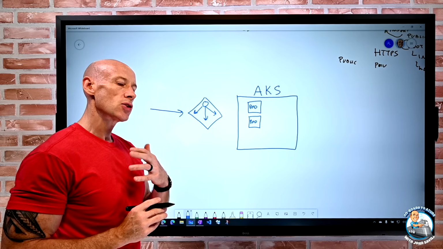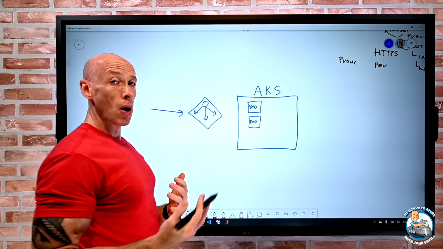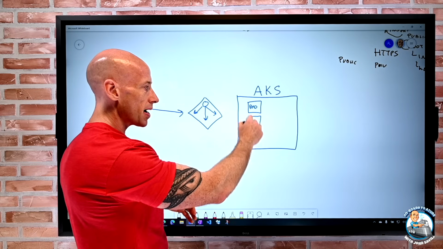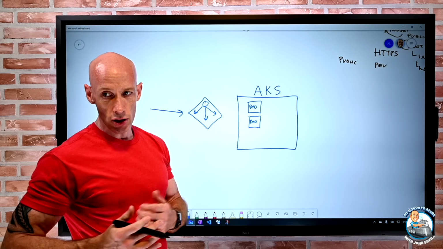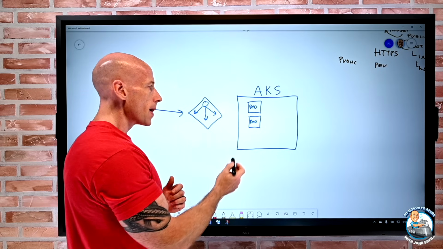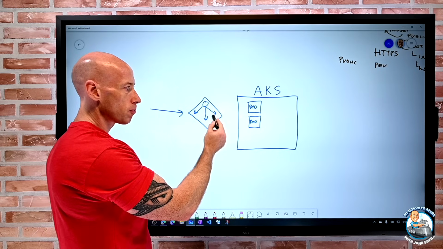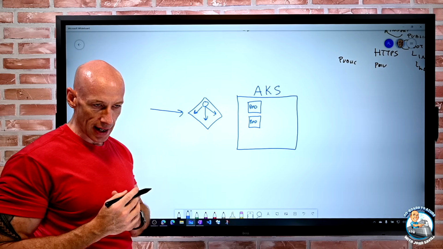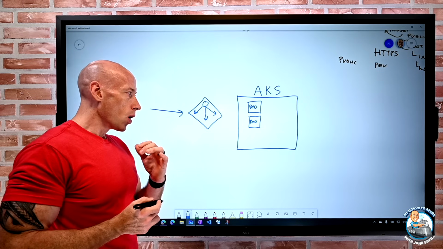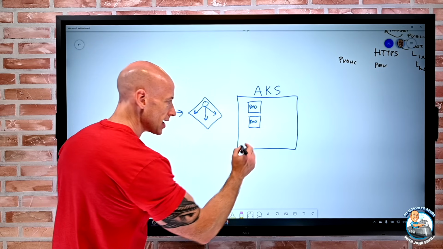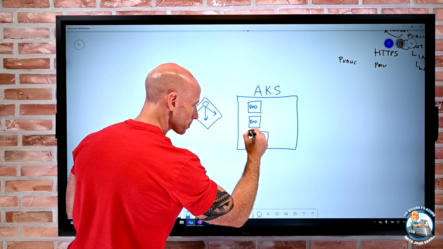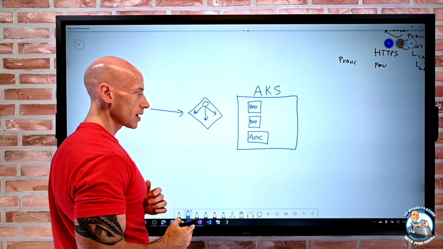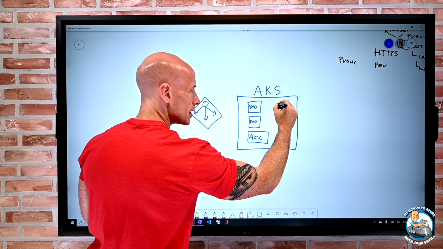Now remember, one of the tricky things here is that I might have replica sets, so the number of pods may vary based on scale conditions. Pods are being added and removed, so I need to make sure the rules are updated to point to all the valid pods and remove pods that aren't valid anymore. The way this works is that App Gateway adds a pod: the App Gateway ingress controller. And there's the Kubernetes